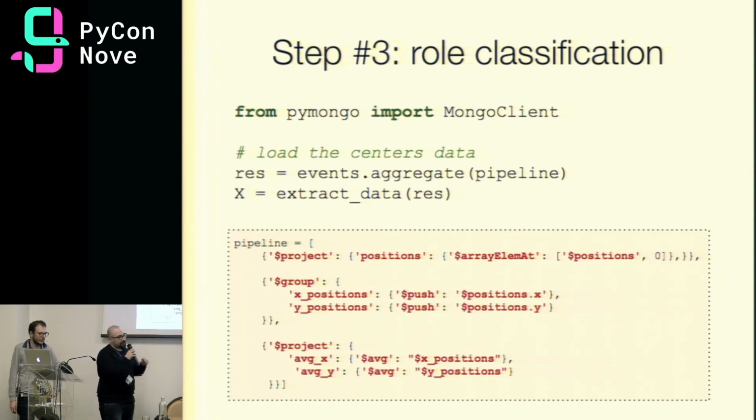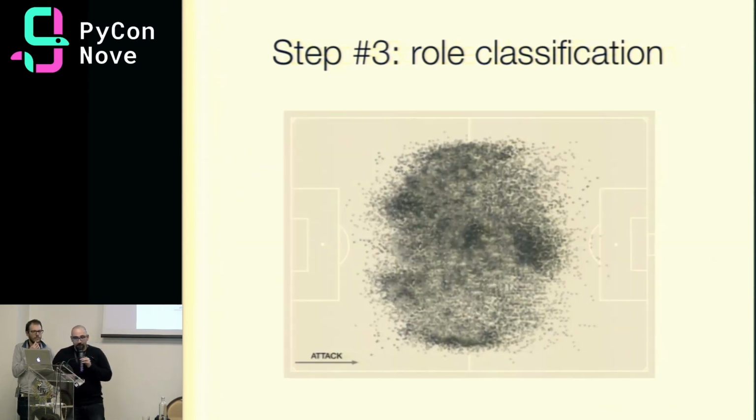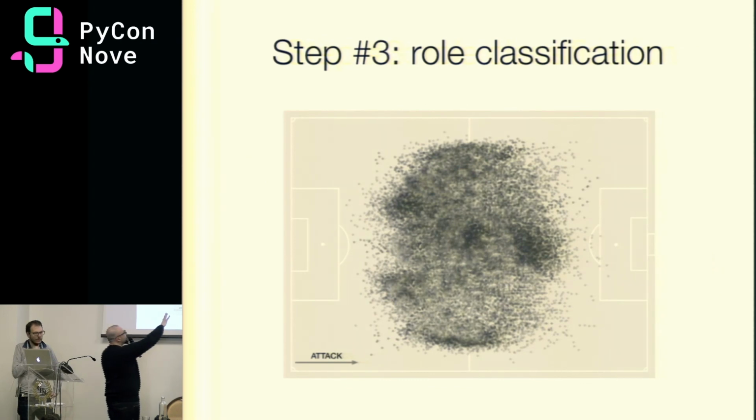And this is a very simple pipeline in PyMongo to do that. We obtain something like that. This is a portion of all the performances we have. Each point is the average position of the player during a single game. So we have a player who played mainly here, then a player who played here, and so on and so forth. What we have to do now is to understand if there are clusters in this kind of noisy